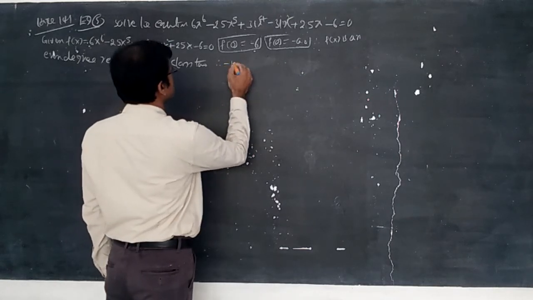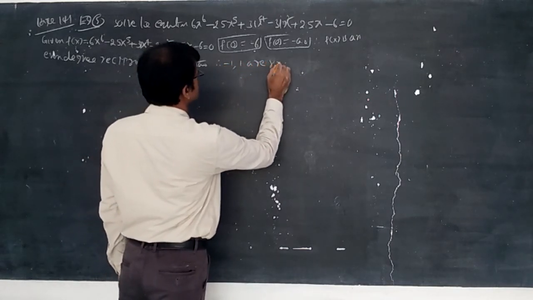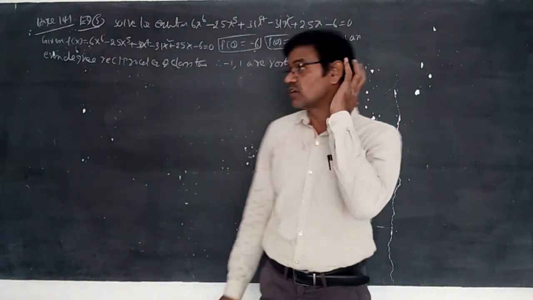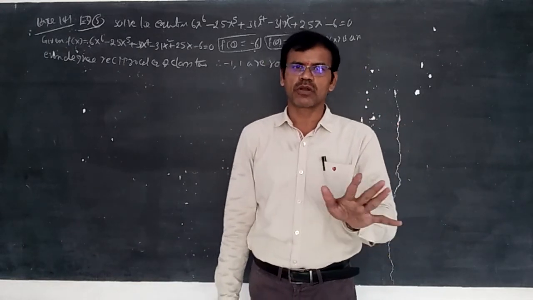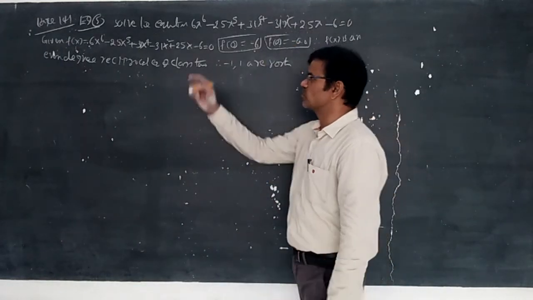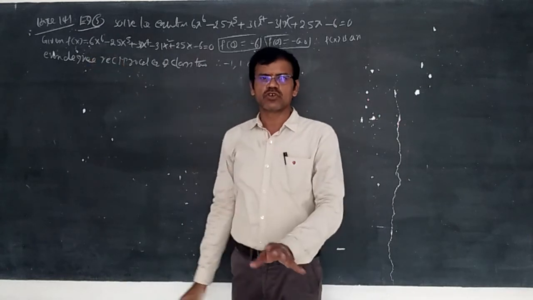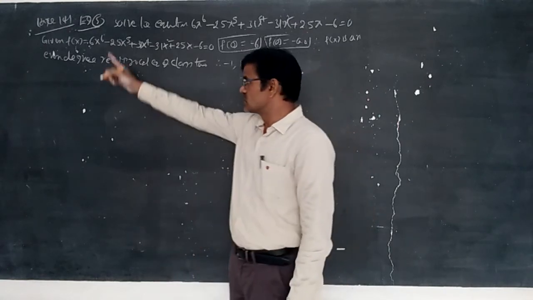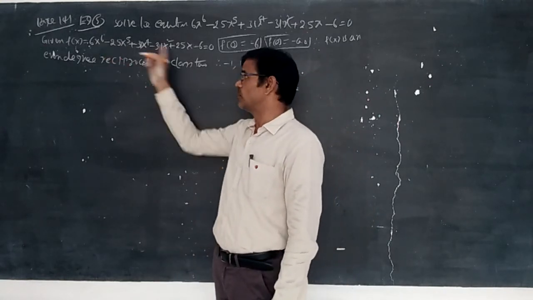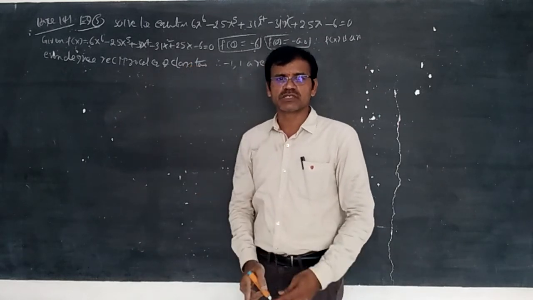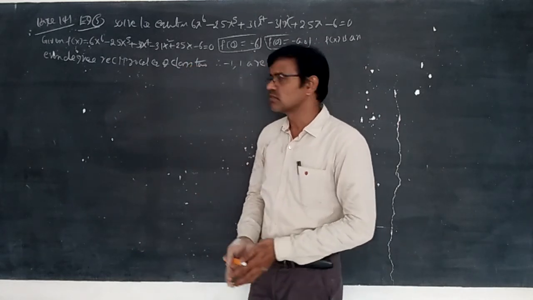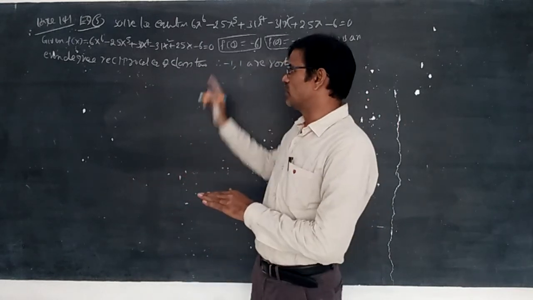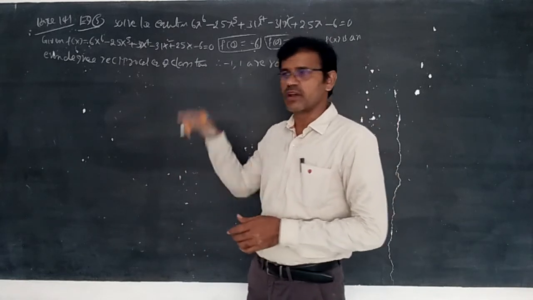Therefore, minus 1 comma 1 both are roots. If you forget the rule, that minus 1 is a root and 1 is a root for class 2, no problem. No need to bother about all these things. Simply substitute the value 1 here, it becomes 0. You can conclude that 1 is a root, x minus 1 is a factor. Simply substitute minus 1 by direct method. You will be getting 0 here absolutely. Then you can say minus 1 is a root or x plus 1 is a factor. So minus 1 comma 1 are roots. Don't bother about the rule and formula. If you are confused, simply substitute the value.